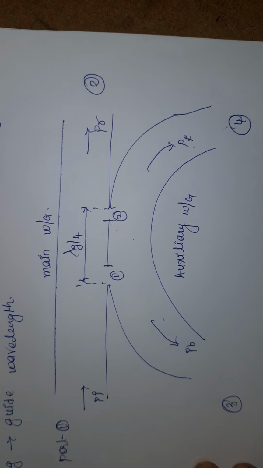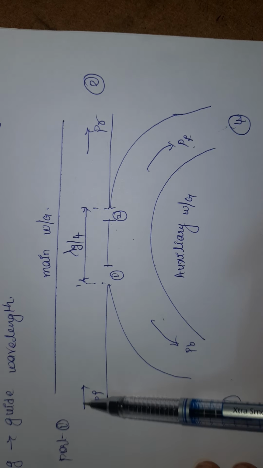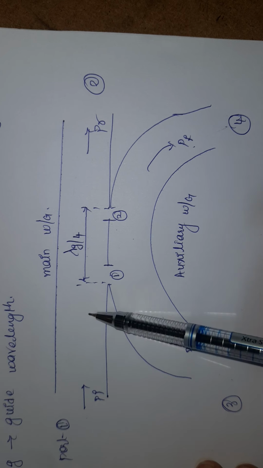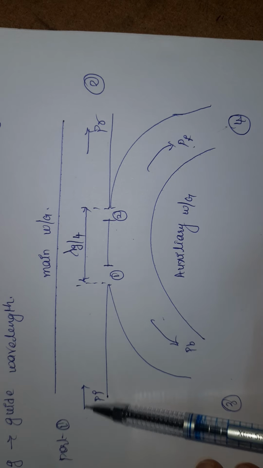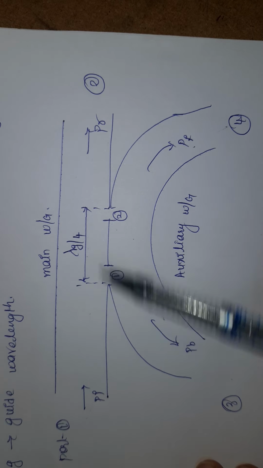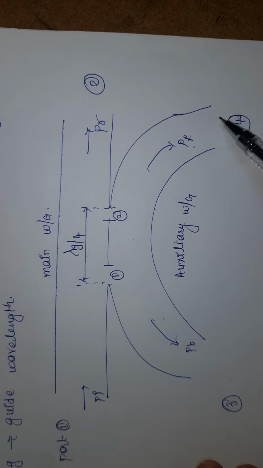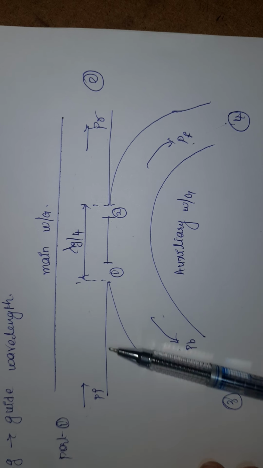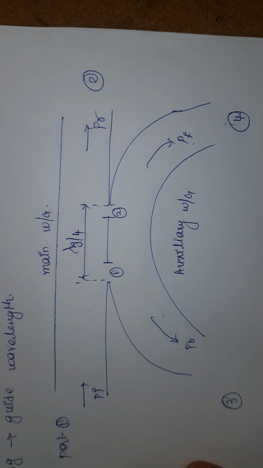Okay, so here, if a small amount of power is incident at port 1, as we know that is the property of a directional coupler, it is received by port 2 and coupled to port 4, not to port 3. That is, the back power should be 0. Here we will see how the back power is 0.